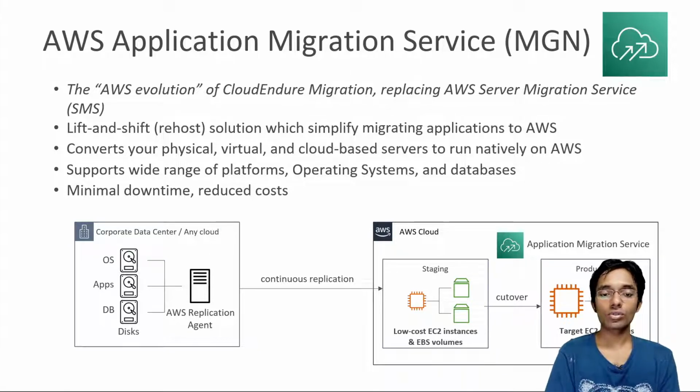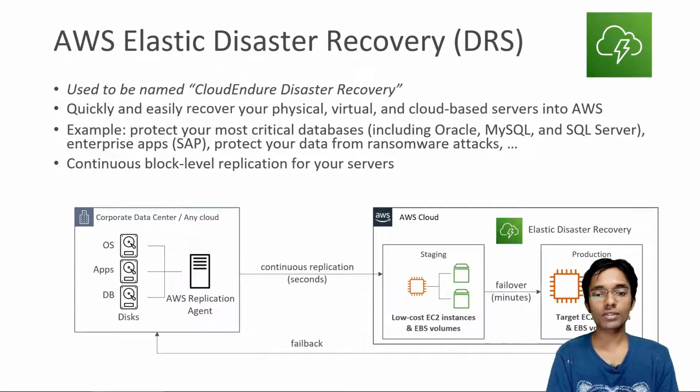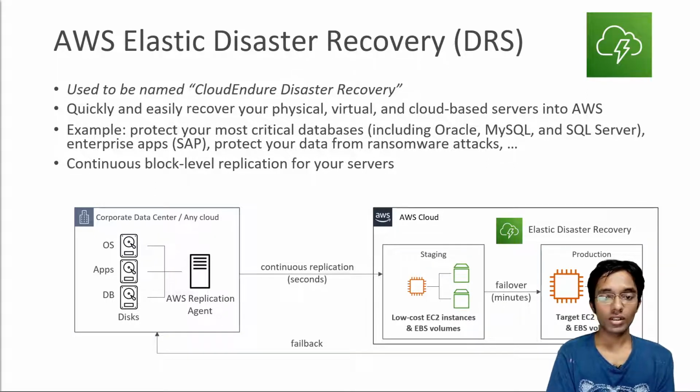And so the second service that looks like MGN is called Elastic Disaster Recovery, or DRS, Disaster Recovery Service. While it looks somewhat similar to MGN, the Application Migration Service,